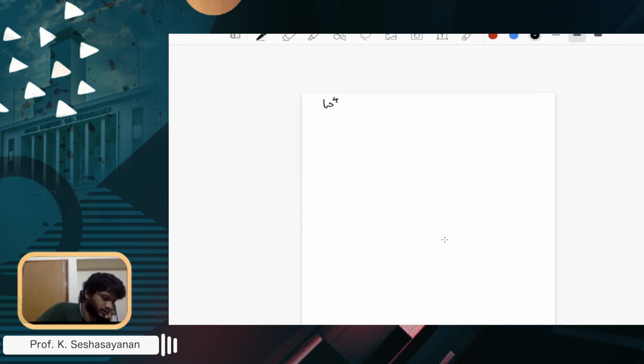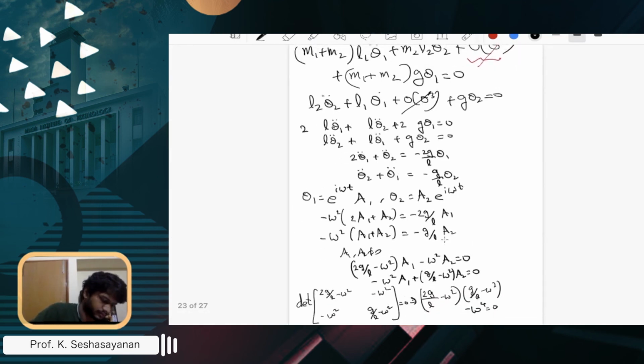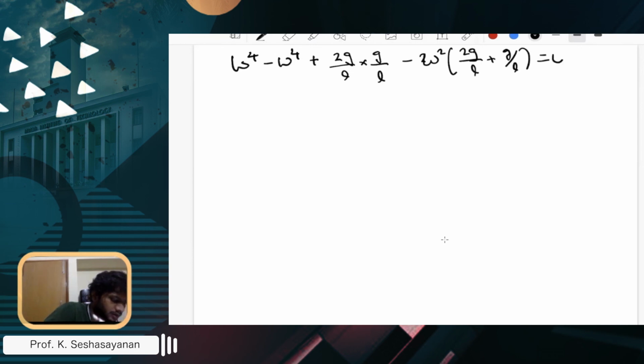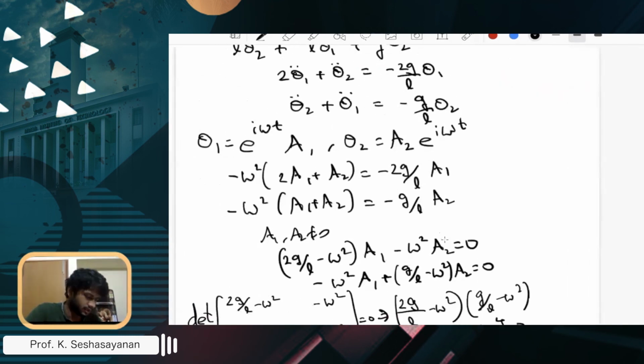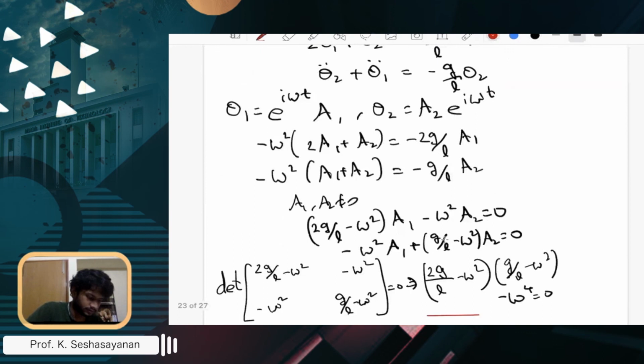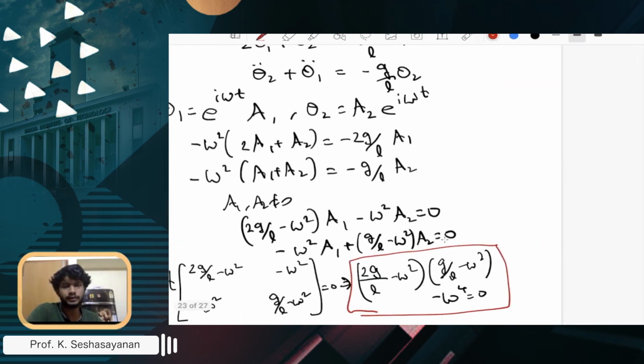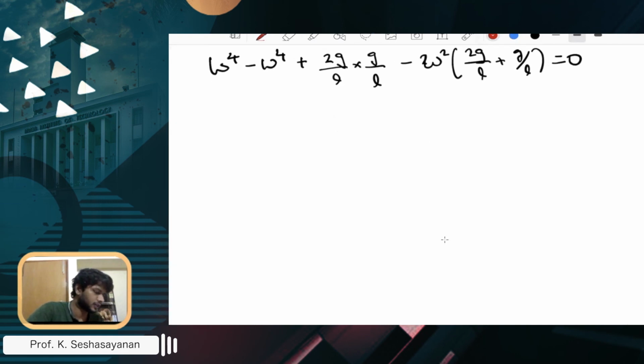So this is nothing but omega power 4, and one gets minus omega power 4 plus (2g over L minus omega squared) times (g over L minus omega squared), 2g over L plus g over L equal to 0. So this is nothing but this equation. We are simplifying this to get the frequency which is chosen by this oscillator. So these two terms one can take away, so one gets omega squared equal to